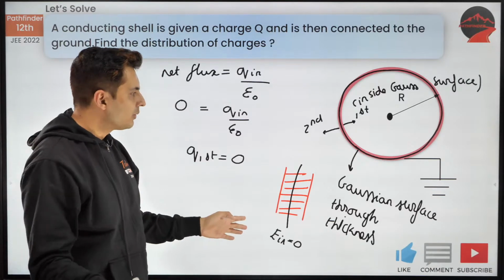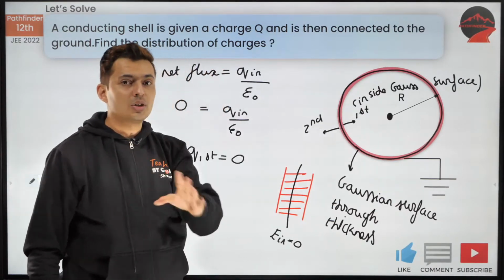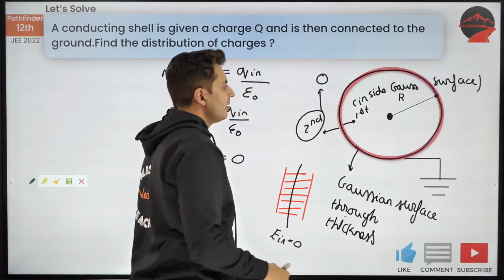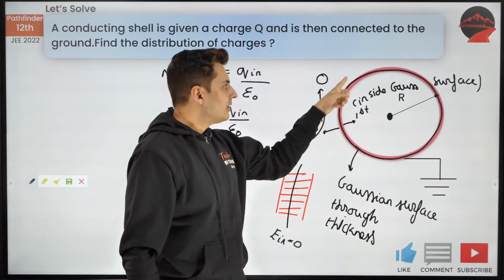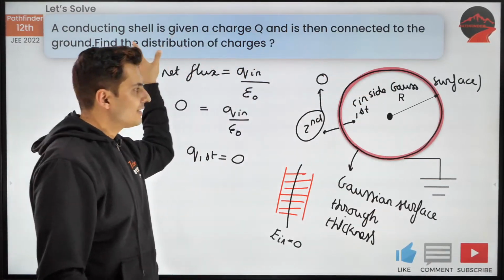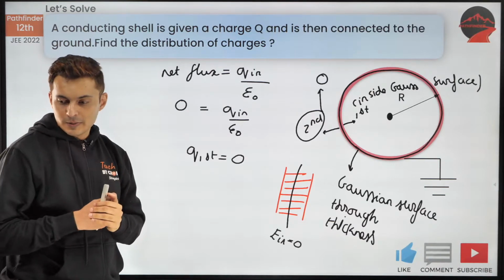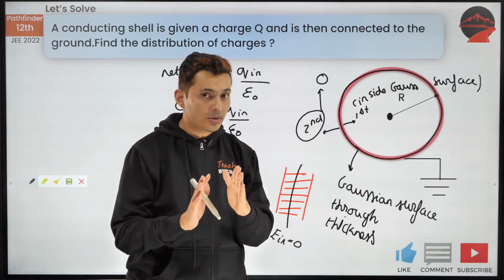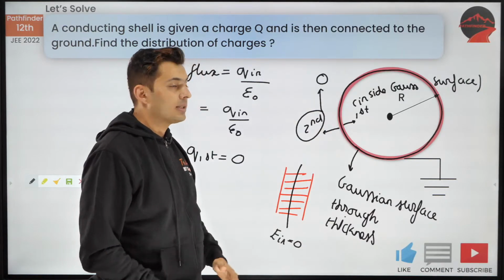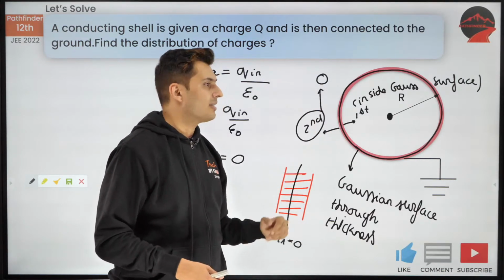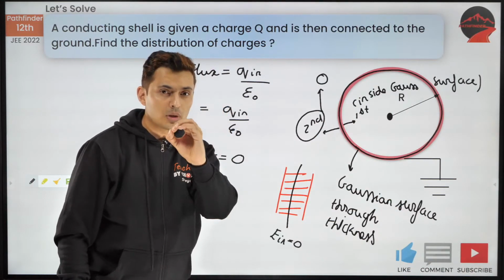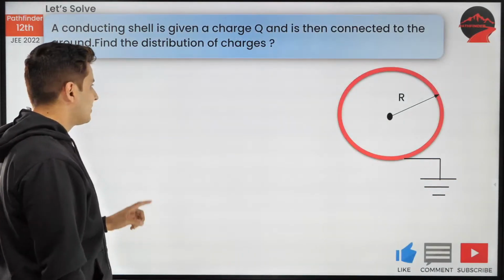Correct? Beautiful. Now if the potential of the shell should be 0, obviously even this second charge should be 0. Because if there is any charge, then there will be potential on the sphere. So hence both the charges will be 0 and that's the final answer. I hope this is clear. Understood? So we first proved that the inside charge is 0 and then we proved the outside charge is 0. Because if any one of those charges are there, then there will be potential inside that sphere. But remember, you are connecting it to Earth, so the potential must be 0. So hence the answer is 0.